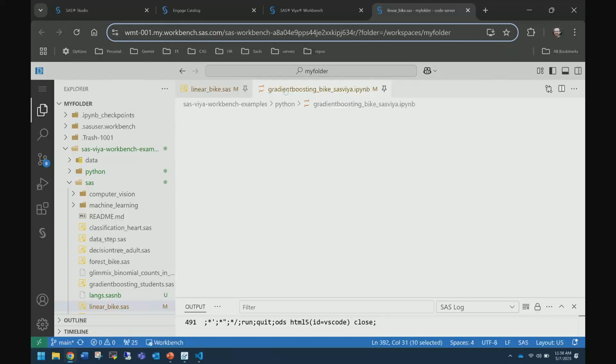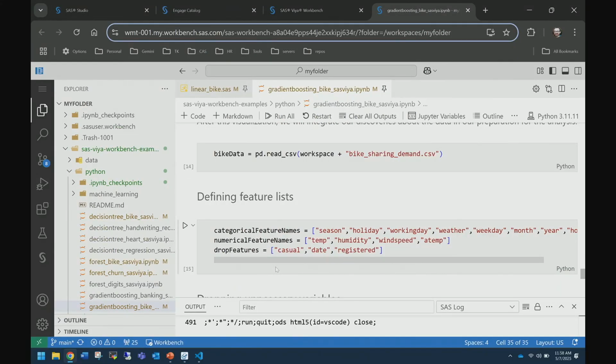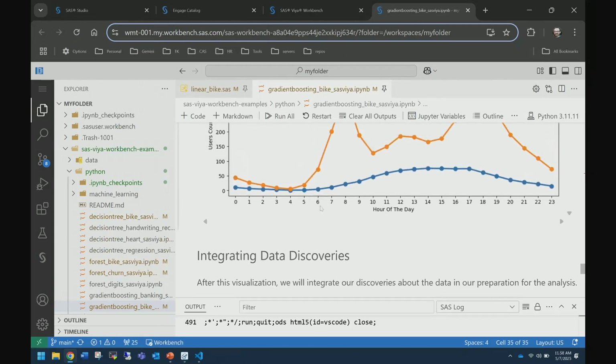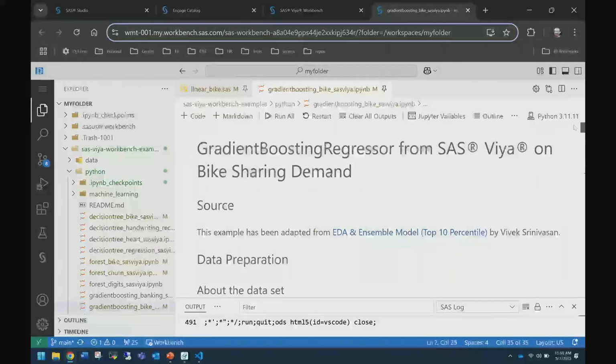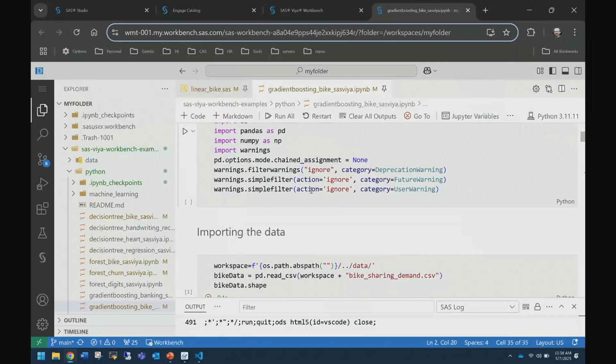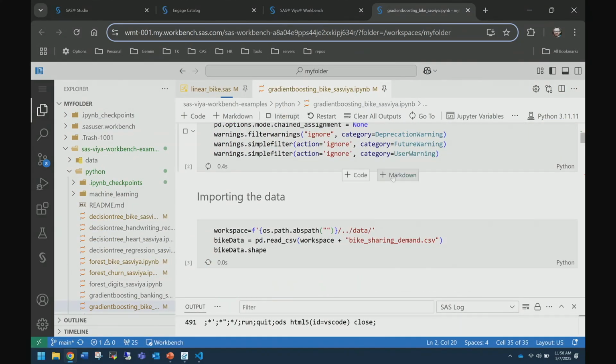I'll also show, because part of that multi-language support is you can also run an equivalent thing in Python. So here I'm going to run this. This is one of the examples that come with Workbench, but this is one for Python. If I run this, let me run it. This is performing various calculations.